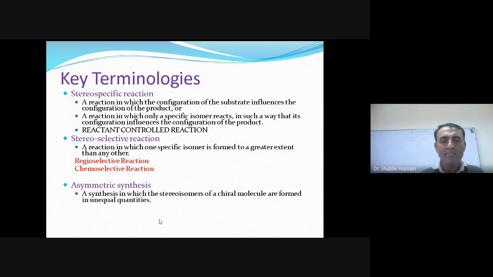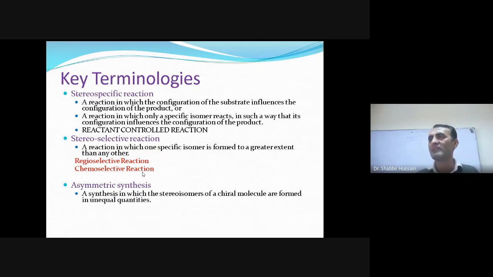If you are talking about the chemoselective reaction, this is a chemistry-based reaction. A substrate or a reactant has more than one functional group, and there are chances that if you add a reagent for reaction, it can react with either of the two functional groups. If you selectively use such a type of reagent which reacts with one functional group while the other functional group remains intact,